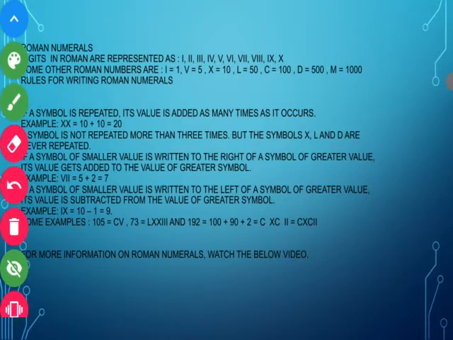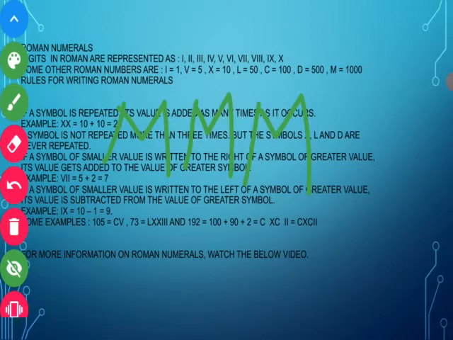And one more piece of information I want to give you. If you have 1000, you represent it with the help of M. If 2000 is there, you represent it by 2M. If 3000 is there, then by 3M. But if it is more than 3, meaning 4000, 5000, 6000, then a different method is used.